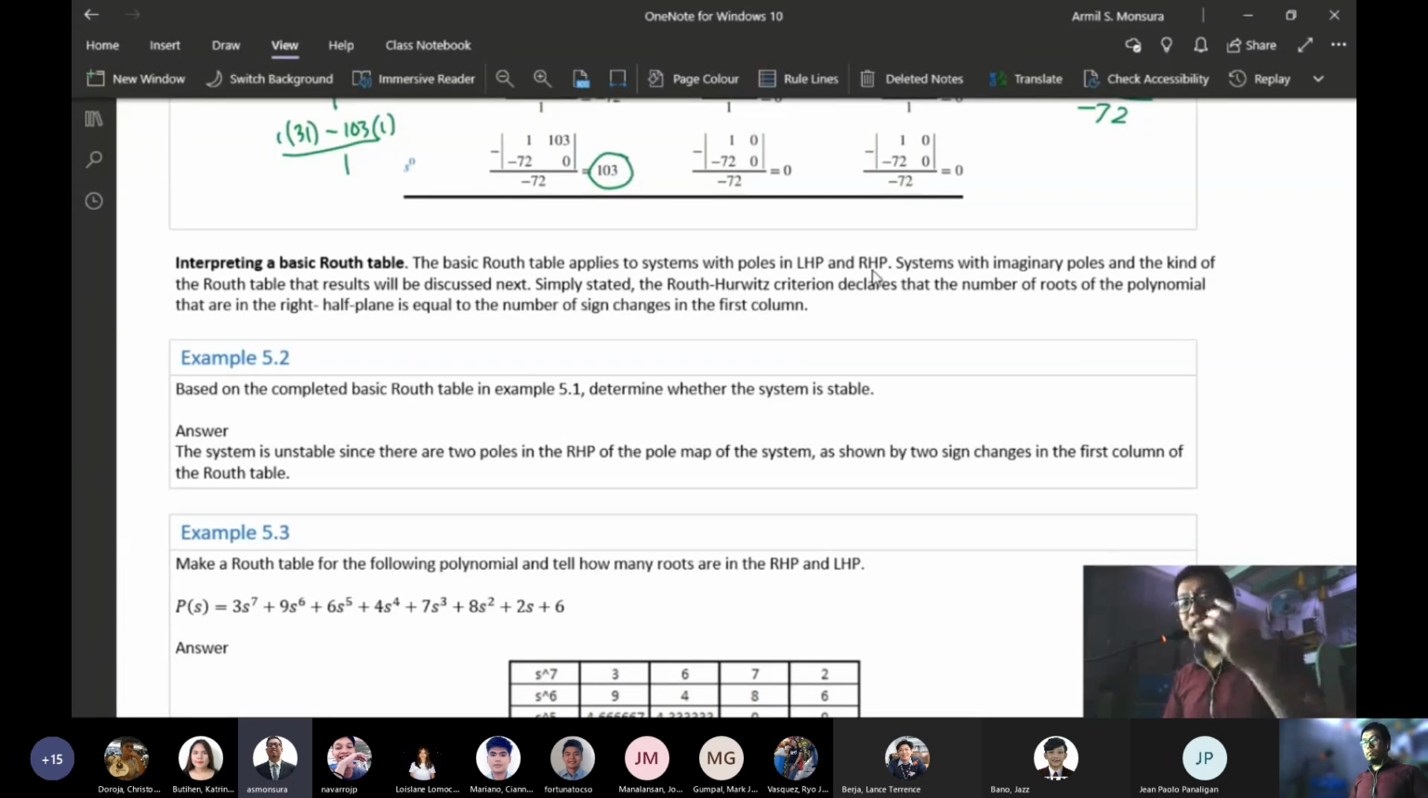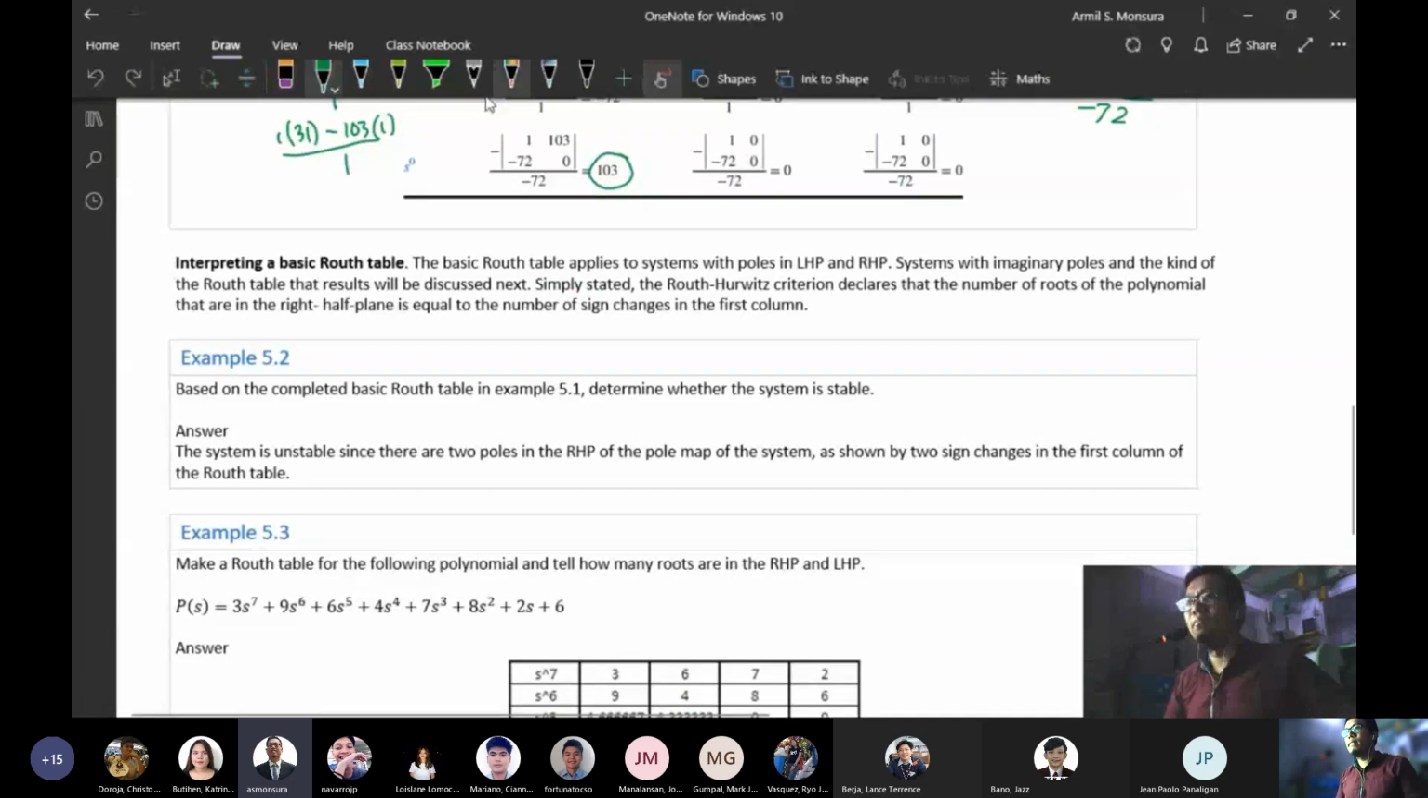Okay. So, mamaya i-discuss natin yung mga cases na meron kayong zero sa first column at saka yung entire row ninyo magiging zero. Okay. Those are the two special cases of the route table. Pero in this case, we are dealing with a route table na basic pa lang. Okay. So, simply stated, the route Hurwitz criterion declares, ito yung route Hurwitz criterion talaga. The route Hurwitz criterion